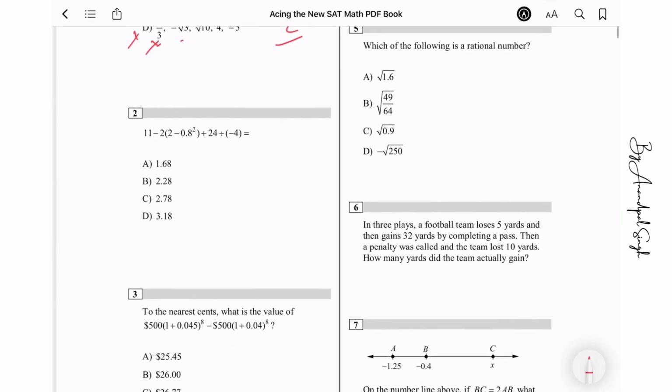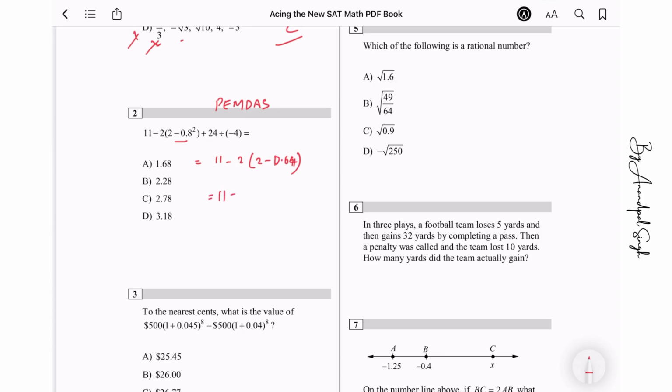Next question we have 11 minus twice of this. So here again we are using PEMDAS as we did in the last session. PEMDAS stands for parenthesis, exponents, multiplication, division, addition, subtraction. So here first of all we find whatever is inside the parenthesis. So it is 2 minus 0.8 square, that is 2 minus 0.64. So that gives you